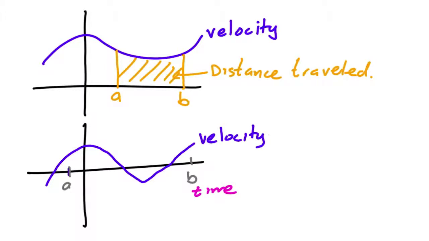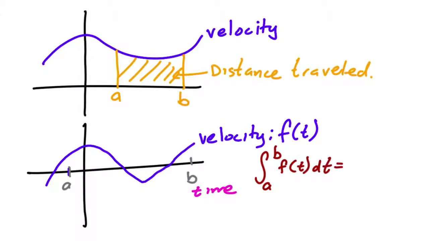So let's call this velocity little f of t. Okay. Now, if you find the integral from a to b of f of t dt,